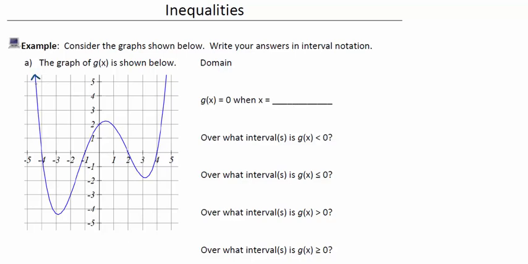And not only is it the case that this graph goes up forever, it also means this graph goes to the left forever. You are to assume that there's no such thing as a wall that the graph is trapped within. If there were such a wall, it would be drawn on the graph. This is also the case to the right of the graph. There's no endpoint here, so you are to assume not only does the graph go up forever,